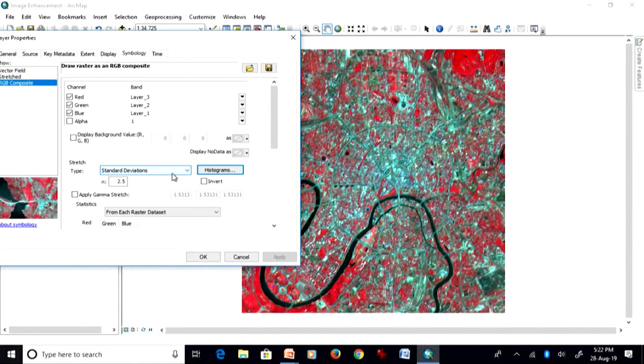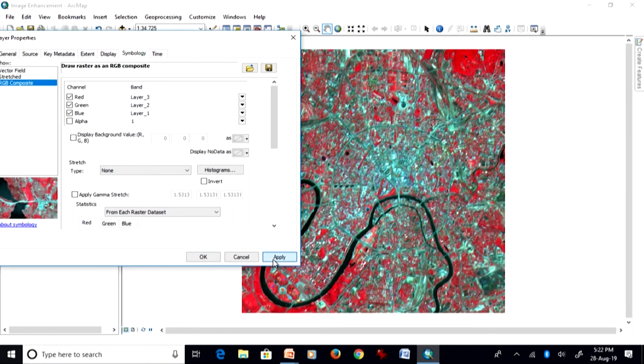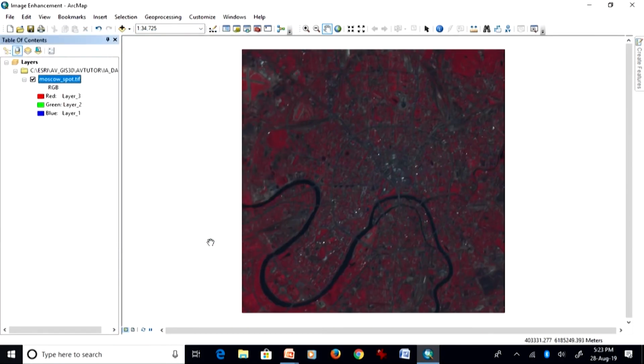So it is better not to do too much stretching for classification purposes. Otherwise, for display and interpretation purposes, definitely one should create better contrast and brightness in the image. Otherwise the original image looks very bad for any purpose.